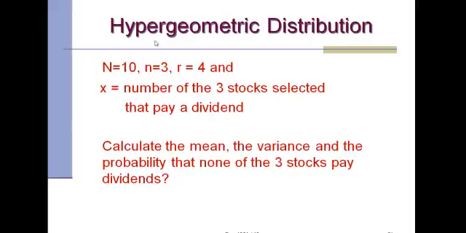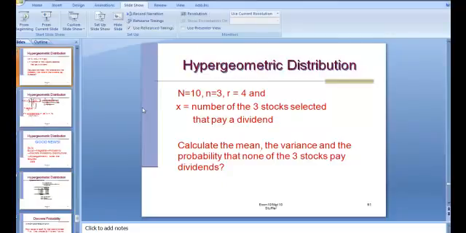You can denote these using capital N for 10, the number in the population, n for the number in the sample, and R for the number that demonstrate that characteristic. And X, our random variable, will be the number of 3 stocks selected that pay a dividend. You're asked on this slide to calculate the mean, variance, and probability that none of the 3 stocks pay dividends. So let me escape from this PowerPoint slide and go to Excel,